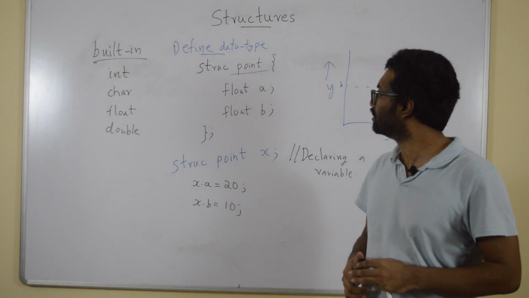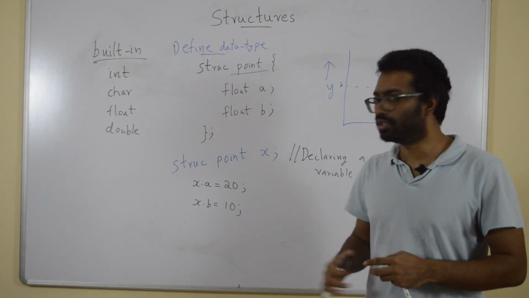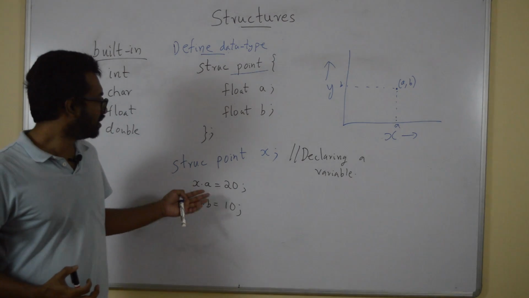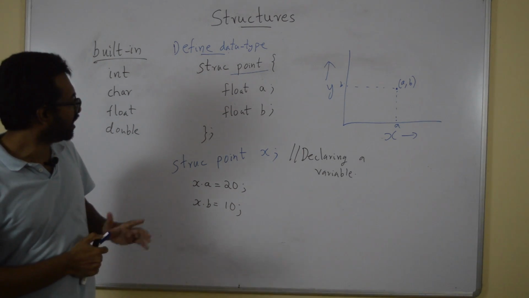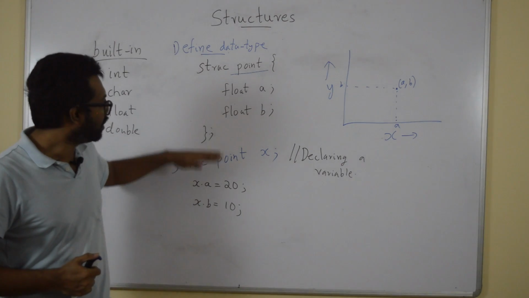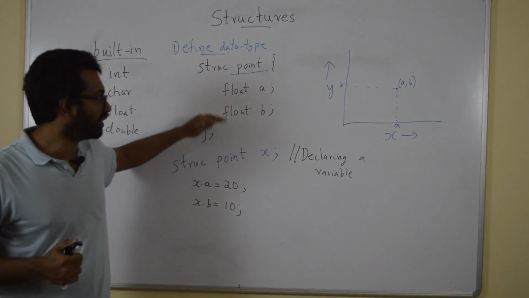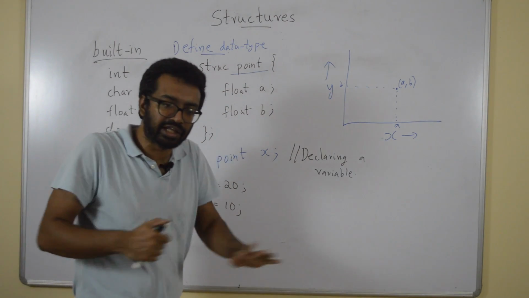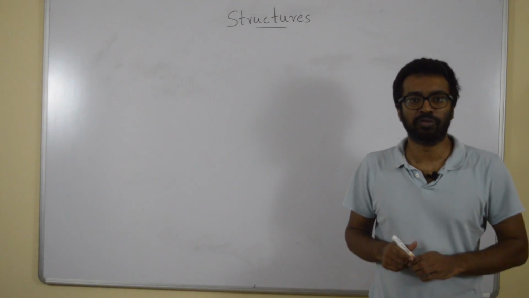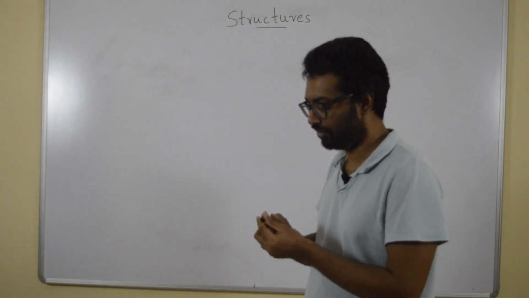Good. Is it clear? Now you can use this x dot a just like you are using any float variable, because x dot a is a float, x dot b is of type float, so you can just use it like any ordinary float variable. How do we formally define a structure? We will write